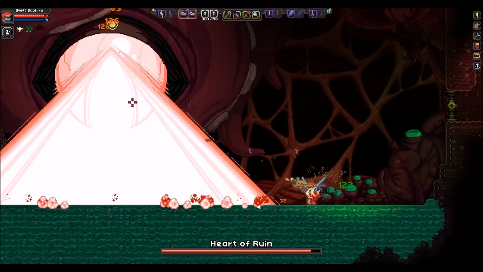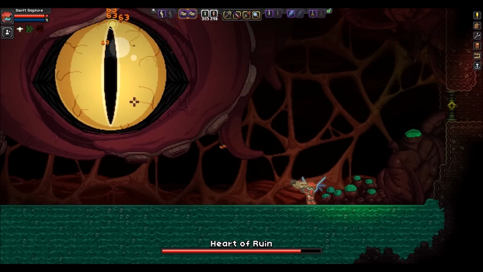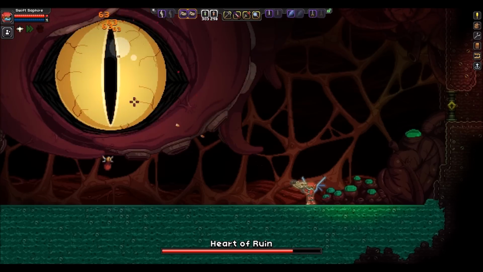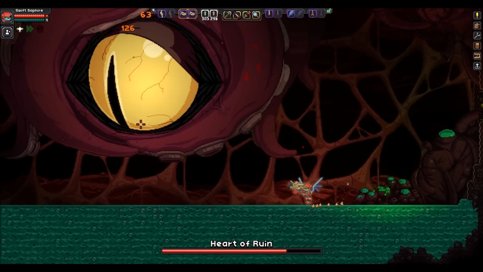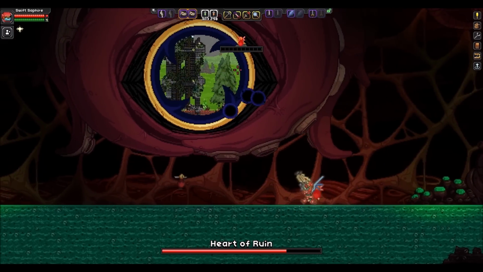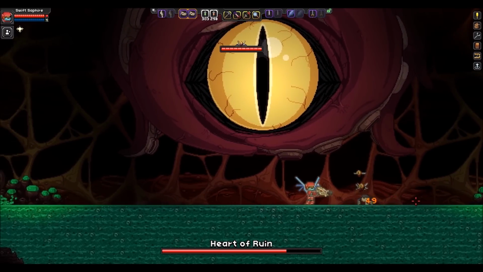So I'm going to try to do a little bit of damage to this eyeball here. But you're going to see some tentacles pop up on the right side any minute now. He's also got a really, really cool ability. When he starts doing it, I'll explain what's happening. I think here it is. Alright, so he basically opens up a portal in his eye to a random biome in the game and summons